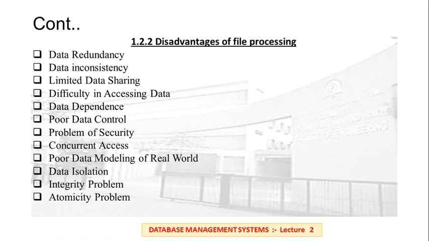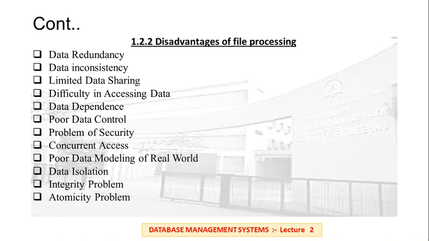Suppose, consider an example: an employee having a record in both the employee and team files. The name and address of the employee is stored in both of these files, which means the data gets duplicated. If such data increases, it leads to higher storage and access cost. This duplication of data in various files is termed data redundancy. In a traditional file system, it is very difficult to avoid this data redundancy.